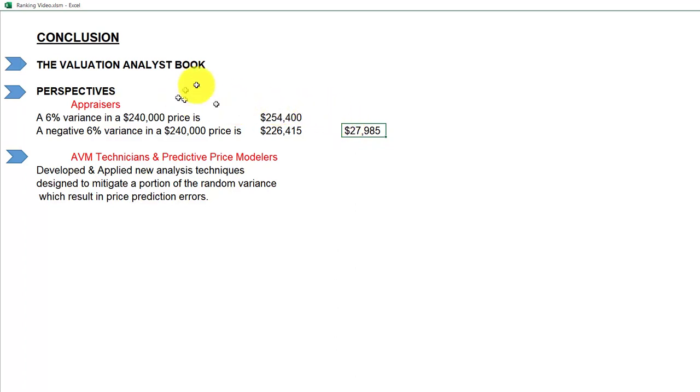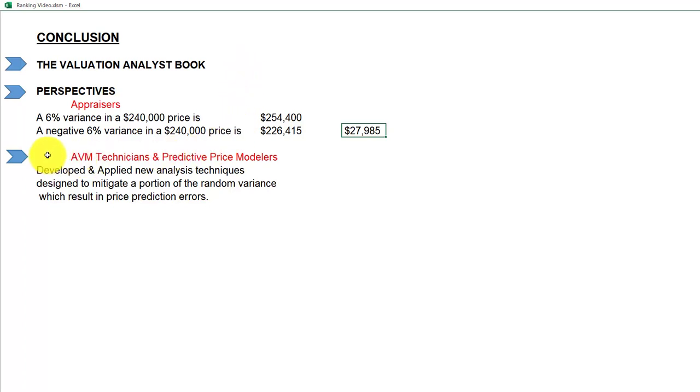In fact, the Valuation Analyst book does some calculations on how good one paired set of sales is, and then it looks at what happens if you add more pairs of sales and run it. So this book's important, and it's not a regurgitation of basic statistics, although we do define some statistical techniques that we need, but that's not what it's about.